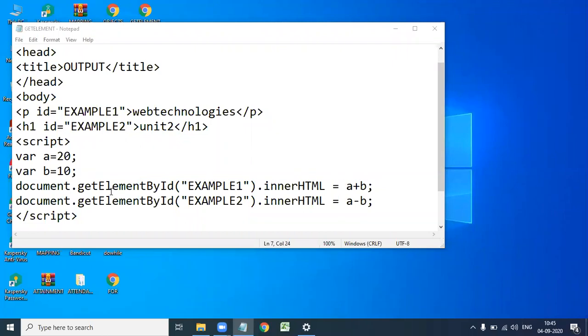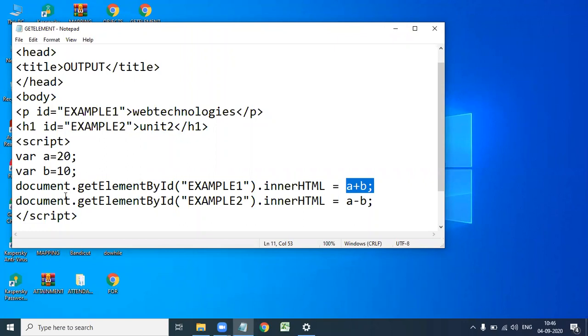So getElementById .innerHTML means it changes the HTML content having that ID with whatever value we give.